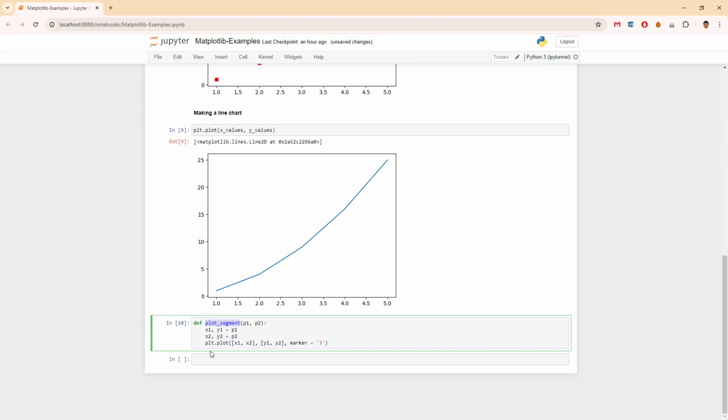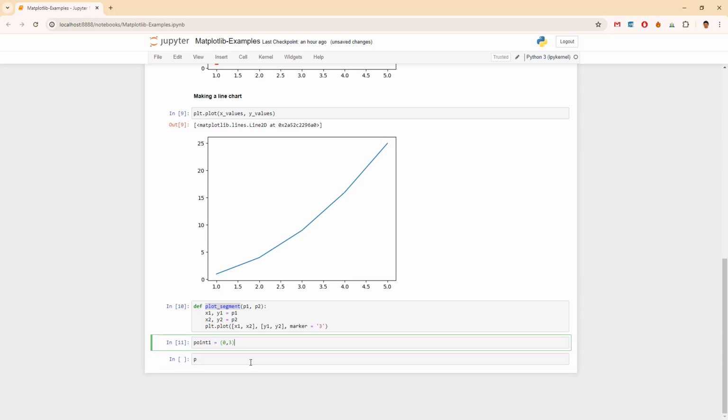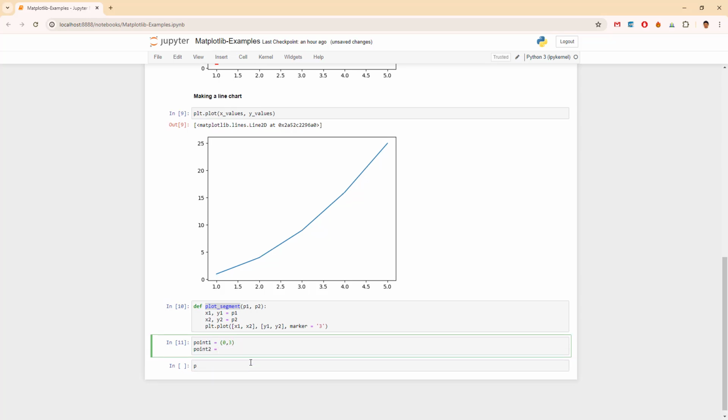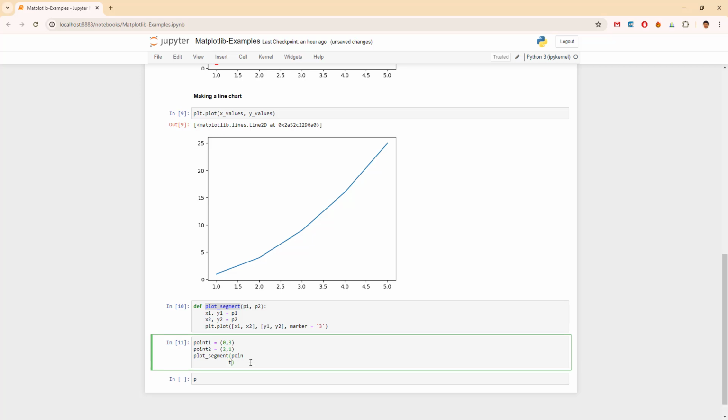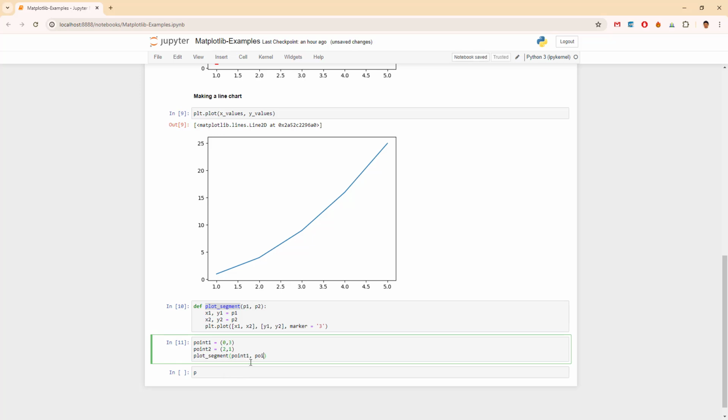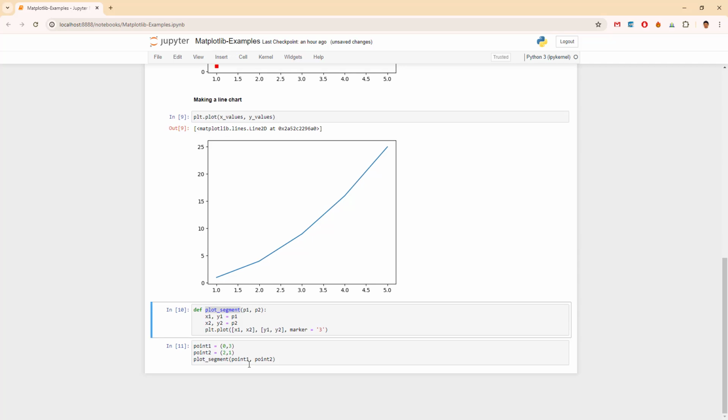Okay, so the function is now ready. So our point 1 would be like this, 0, 3. And point 2 would be something like 2, 1. And now we're going to plot the segment point 1, point 2. Just to explain once more what is happening with this function, point 1 would be given here,